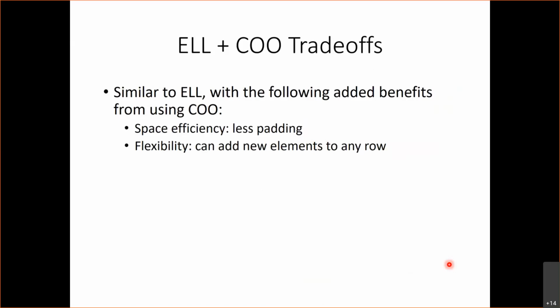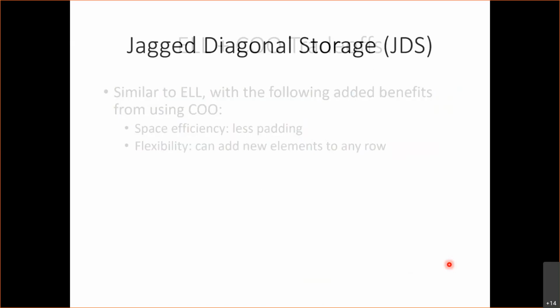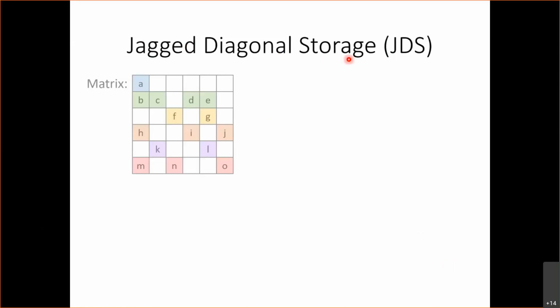So to address the problem of control divergence, there's another storage format that optimizes for control divergence, and that's called the jagged diagonal storage format, or the JDS format. And the JDS format works like this. If I have this matrix over here,